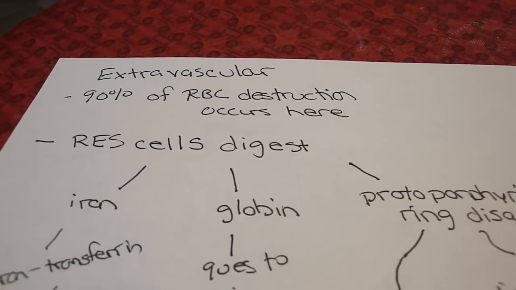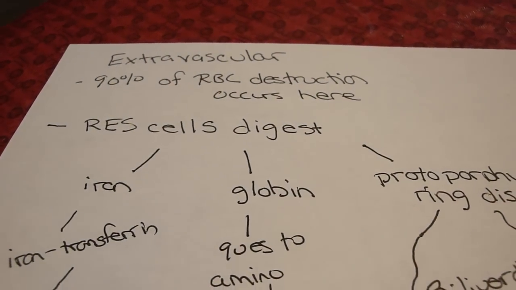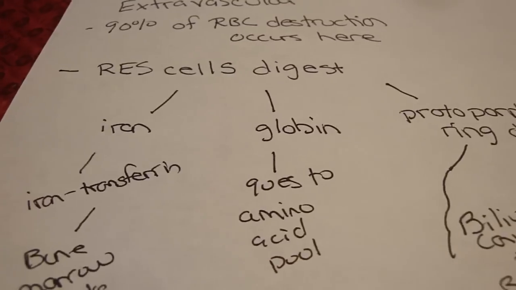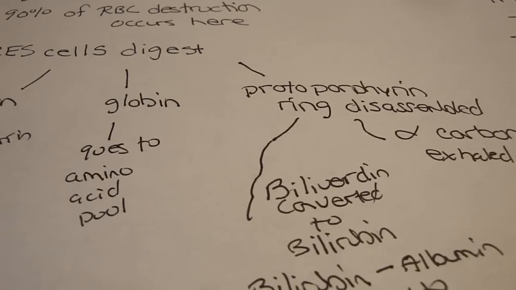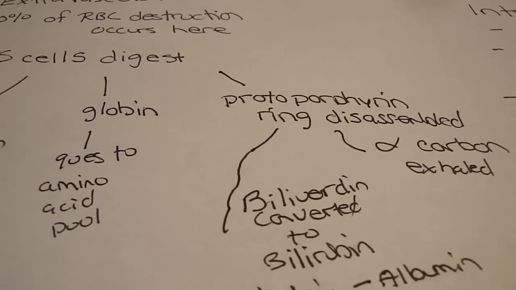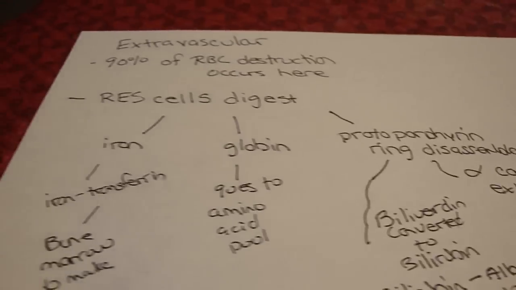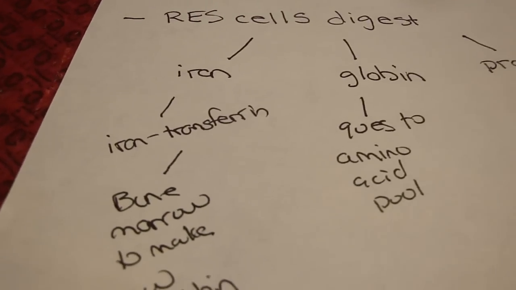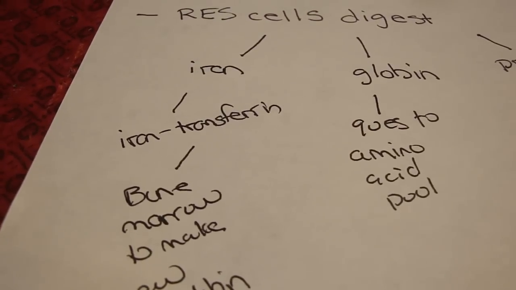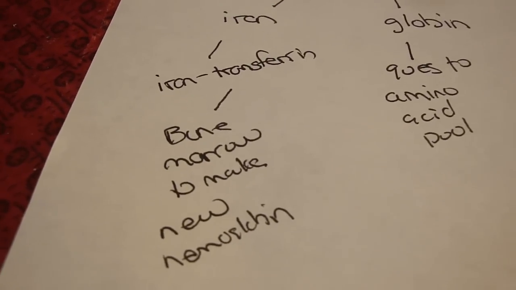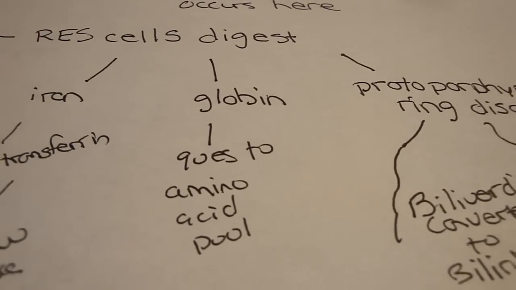With extravascular destruction, RES cells phagocytize and then digest the components of the red blood cells, breaking them up into iron, globin, and protoporphyrin ring. That protoporphyrin ring is disassembled. Iron gets bound to transferrin, and transferrin takes iron back to the bone marrow to make new hemoglobin. Globin goes back to the amino acid pool,